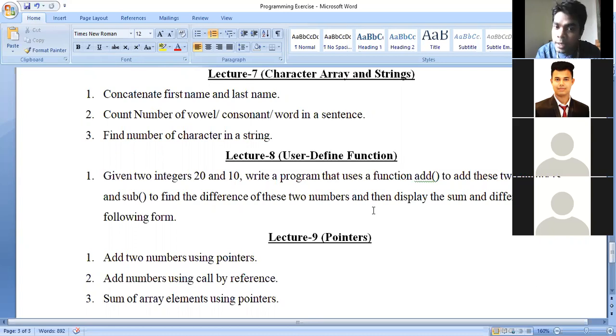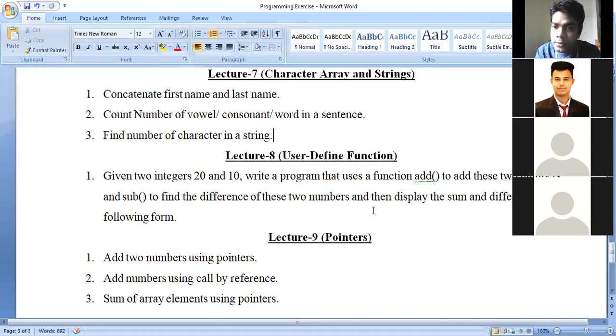So you can write it in both cases, before the main function or after the main function. In my video tutorial, I explain what will happen if you write the user-defined function before the main function, and what will happen when you write it after the main function.